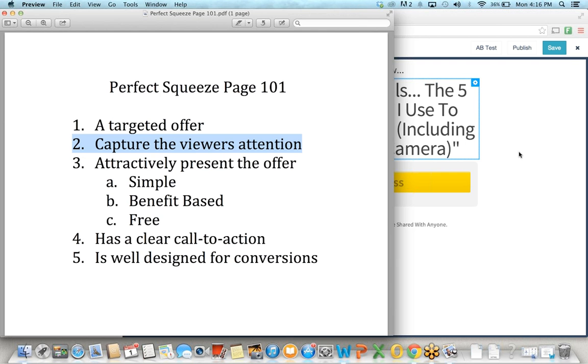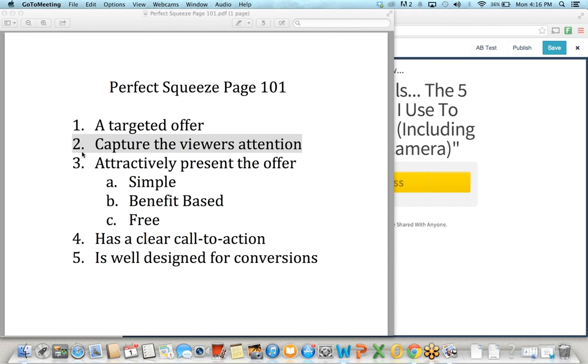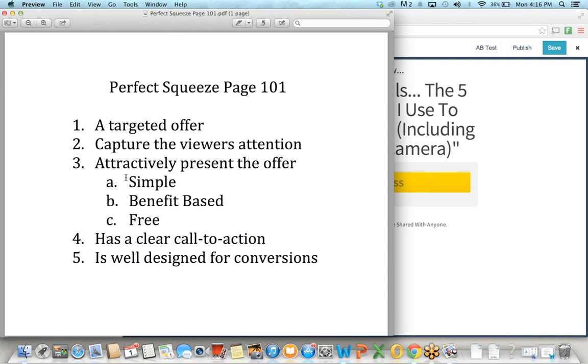I am distracted, right? I'm kind of like multitasking. Exactly, Russell. I'm looking for a solution, definitely, but I'm so distracted. I'm browsing the internet. You have literally 3 seconds to grab my attention. So that's why I put it as number two here. Capture the viewer's attention. Okay, and number three here is something that a lot of people miss. Okay, this is probably the number one thing that you guys may mess up. So make sure that you pay attention here. So number three is